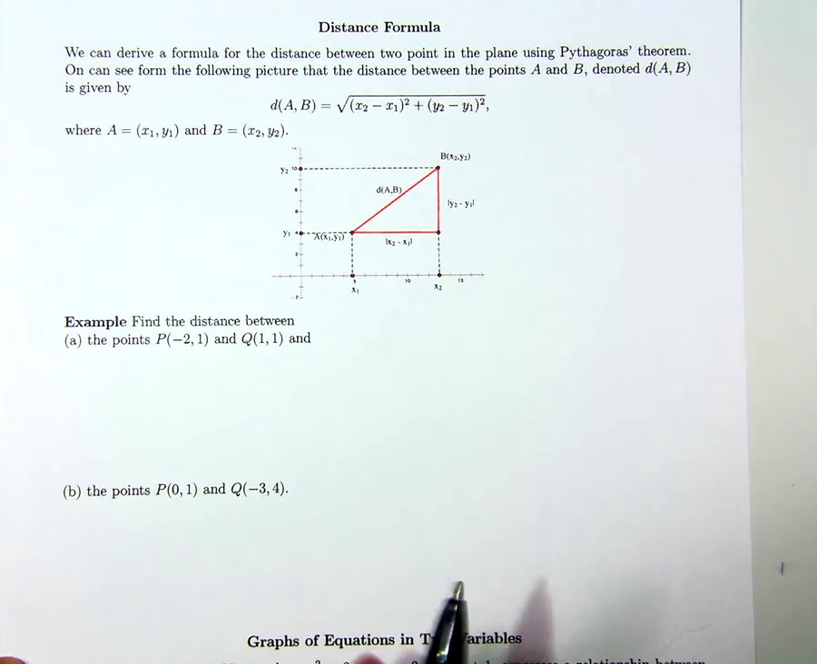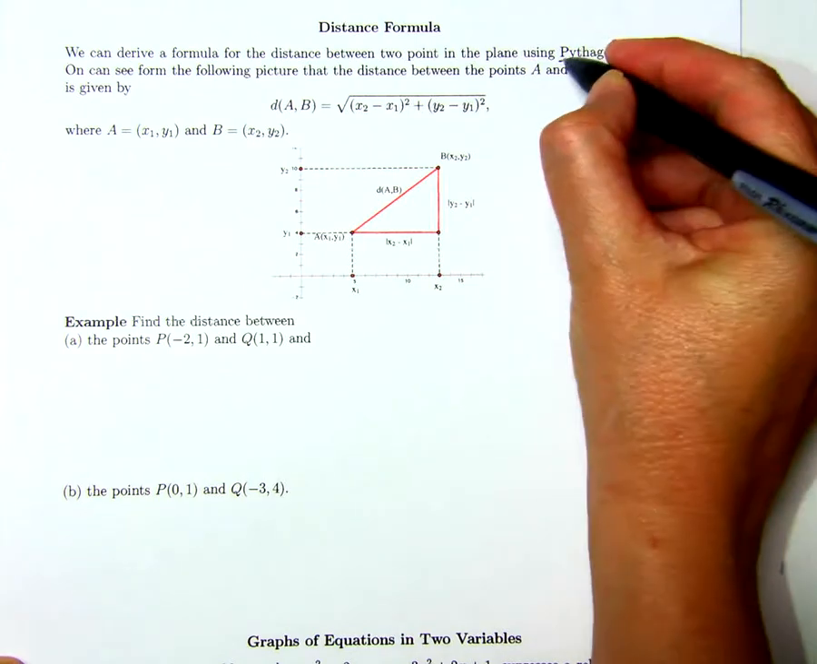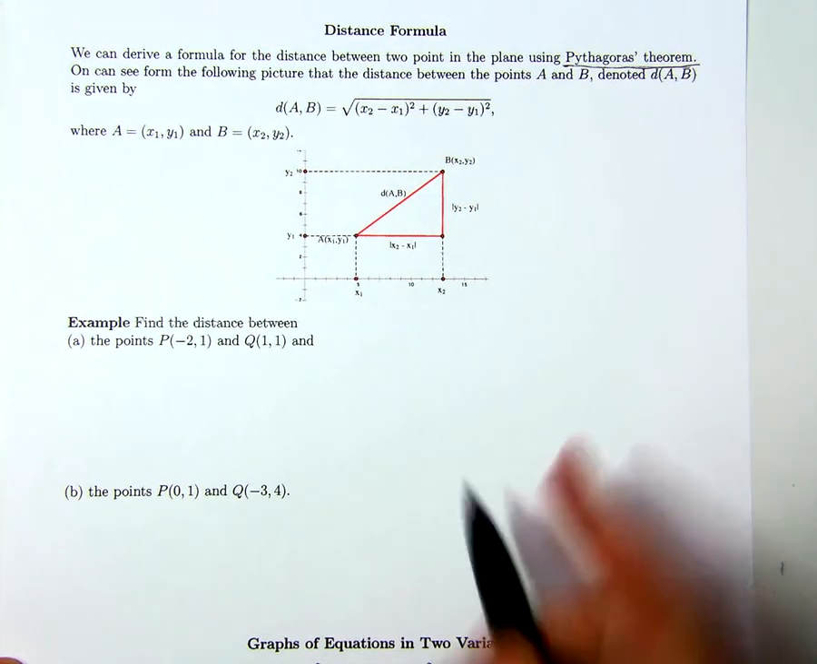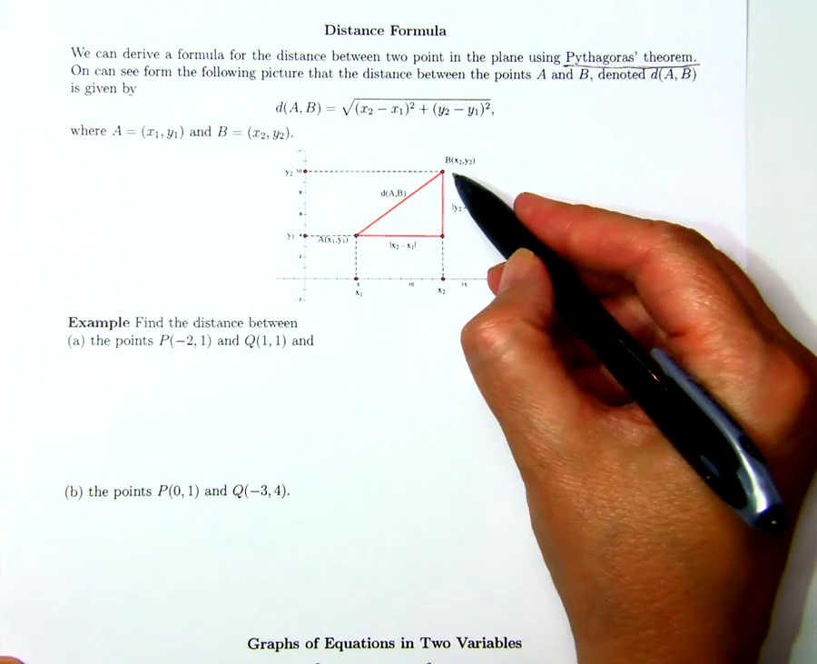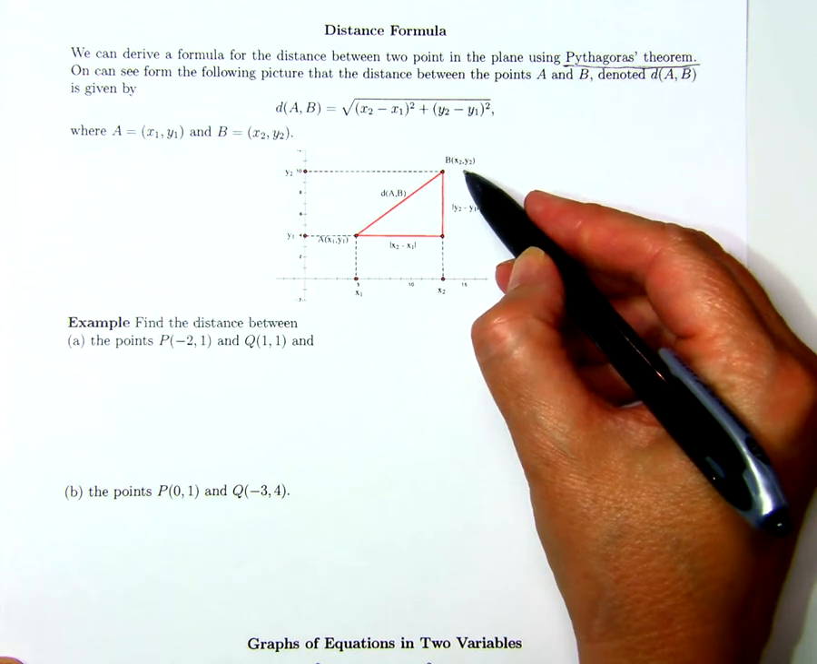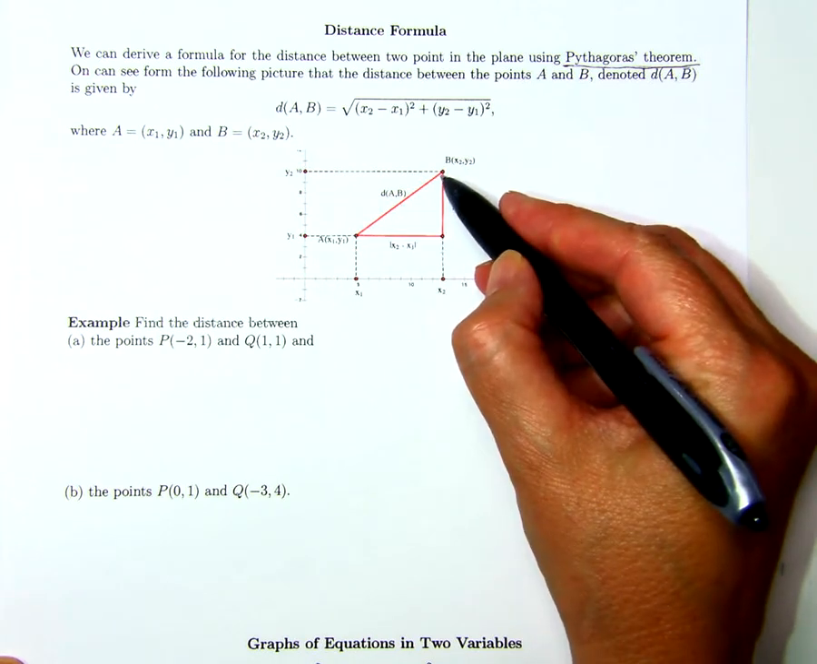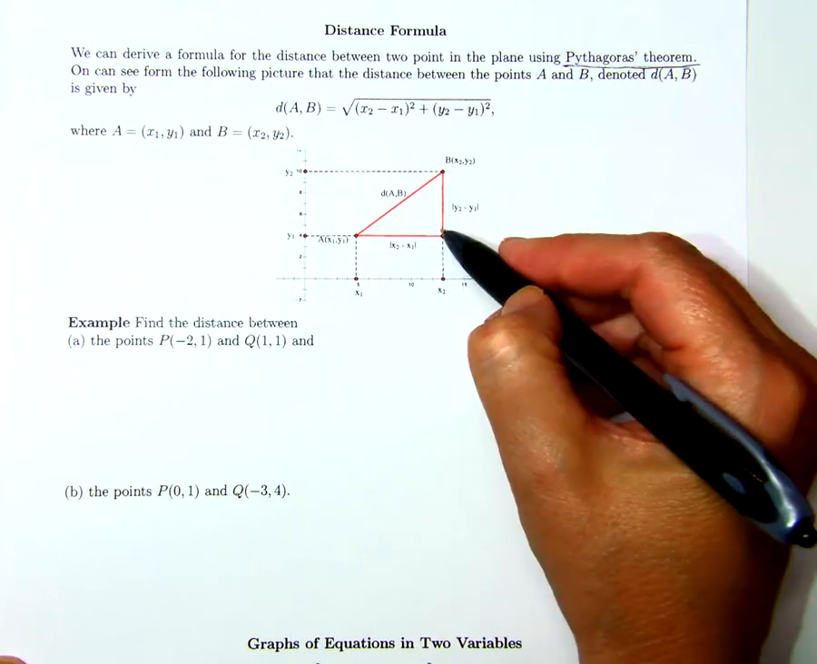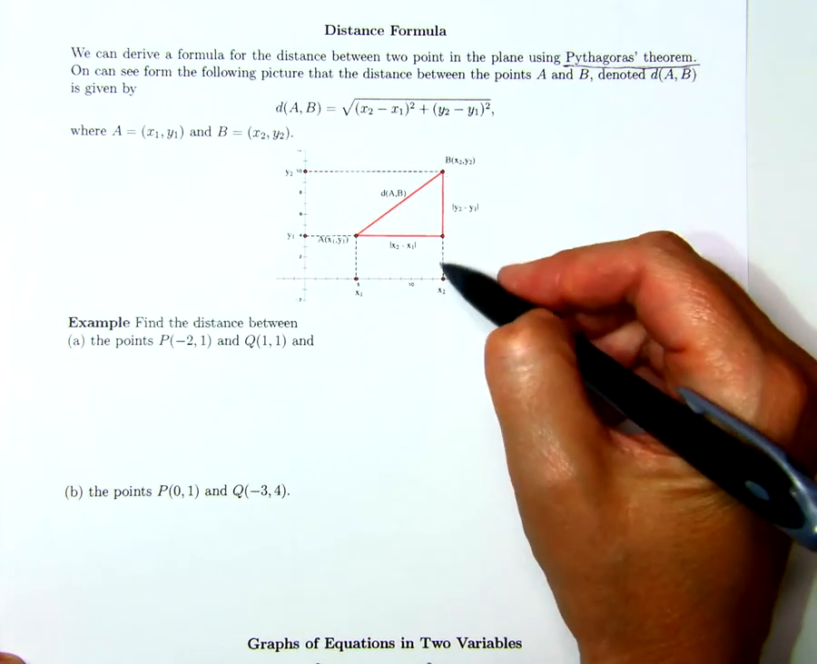We can derive a distance formula very easily using Pythagoras' theorem for the distance between 2 points on the xy plane. And you see from the picture here, if I have 2 points, A is x1, y1, B is x2, y2, then I can draw a line connecting both points and then form a right-angled triangle by dropping a perpendicular to the x-axis from B and